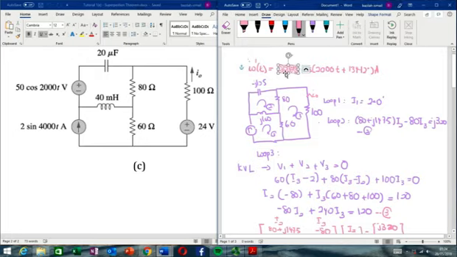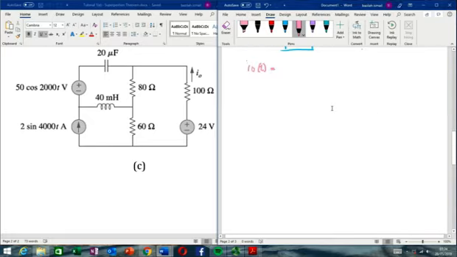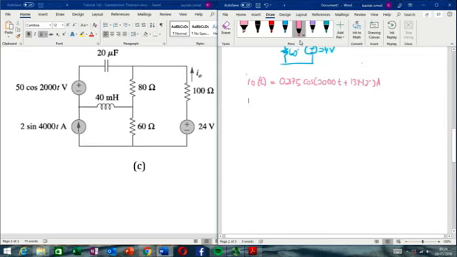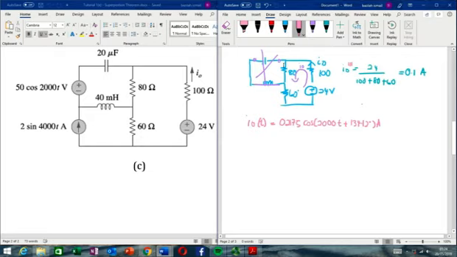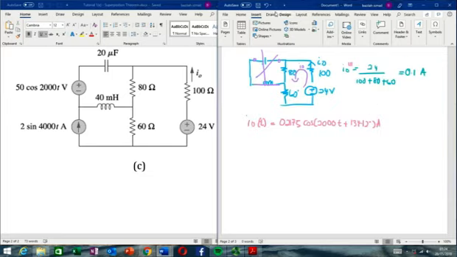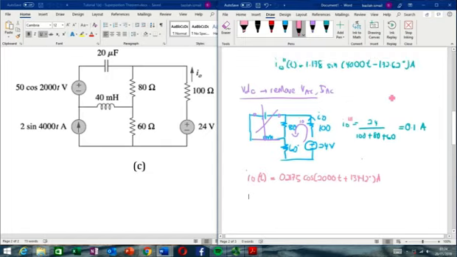Tak boleh. Okay. Okay, and then right. So ini pada